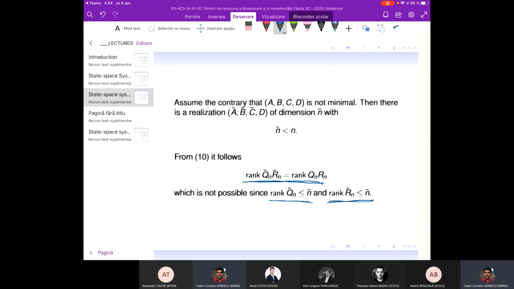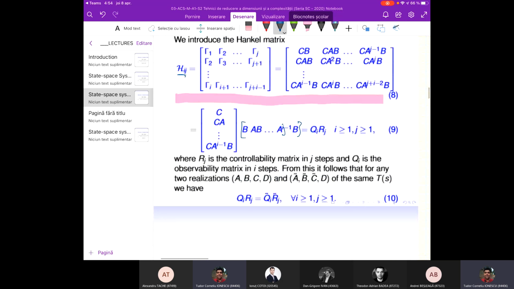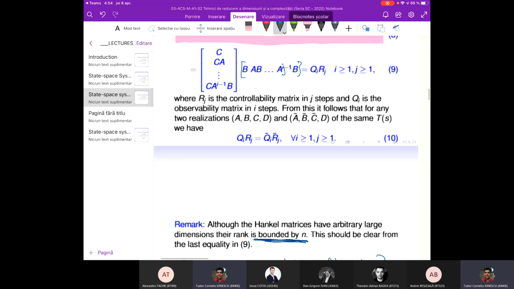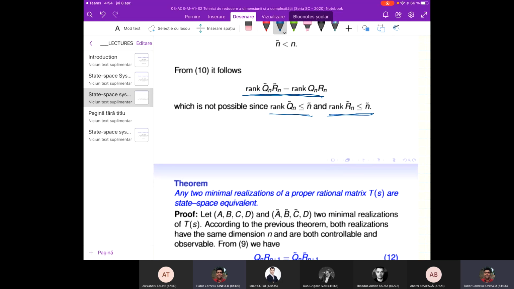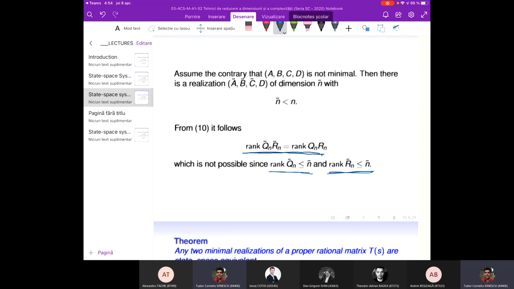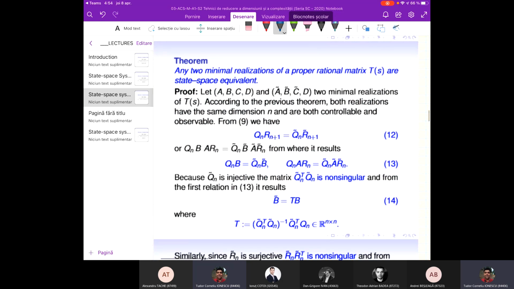And we just mentioned that in general, this must be true. This is what this is saying. This is usually true, so the ranks should be the same. And this is not possible. So the assumption is wrong. So indeed, it's a necessary and sufficient condition. It's a powerful result, and it's the result we make use of. Another important result about minimal realization says that any two minimal realizations of a proper rational matrix T(s)